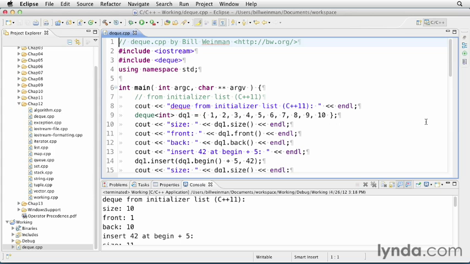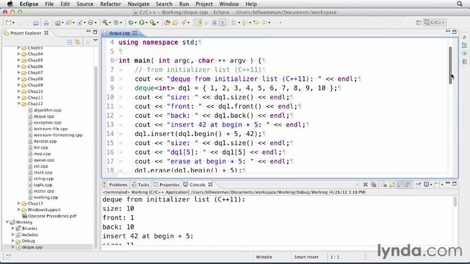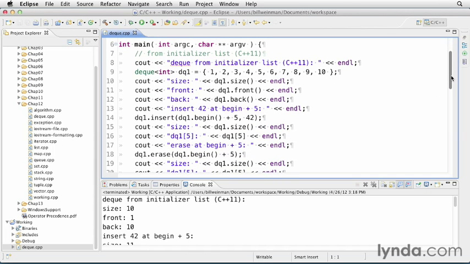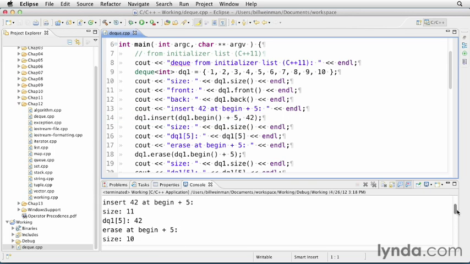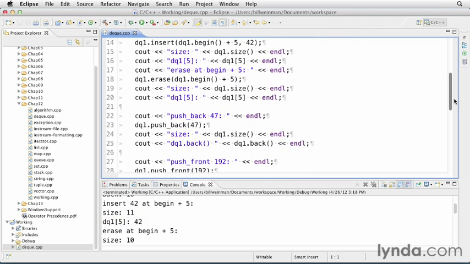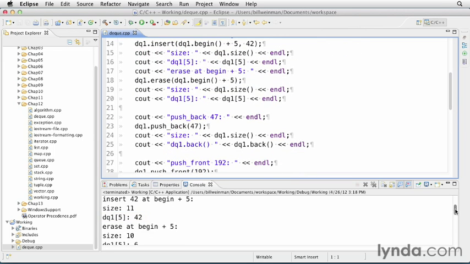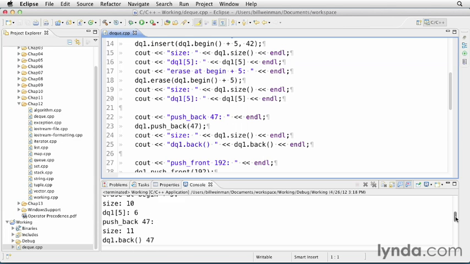Now you'll notice that much like a vector, you can insert and delete anywhere. It has all the functionality of a vector. It has size, it has front and back. There on line 14, we're inserting at an iterator of the beginning plus 5. And you see then our size is 11, and we're subscripting the 5 and we get our value. And then we erase it, and our size is 10, and then we subscript and we have our original value